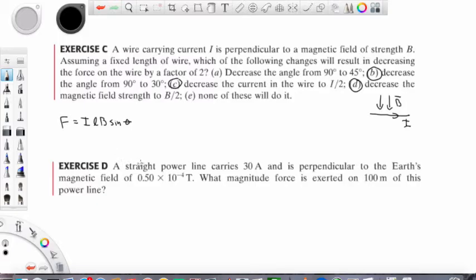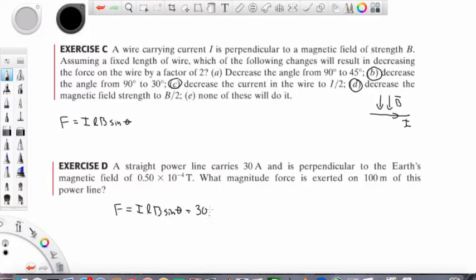In exercise D, we have pretty much the same case as here. We have a straight power line carrying current of 30 amps, and it's perpendicular to the Earth's magnetic field. So the magnetic field is perpendicular to the power line. What magnitude of force is exerted on 100 meters of this power line? So we use this same expression, so I times L times B times sine theta,